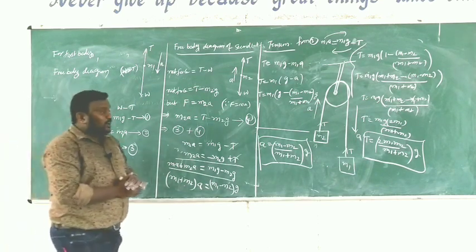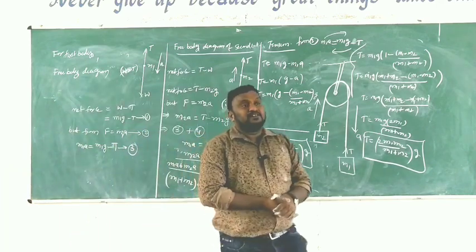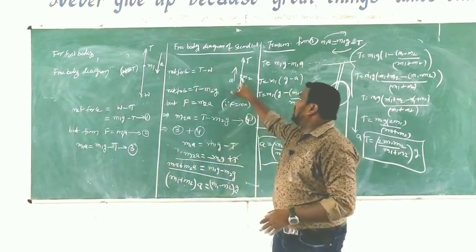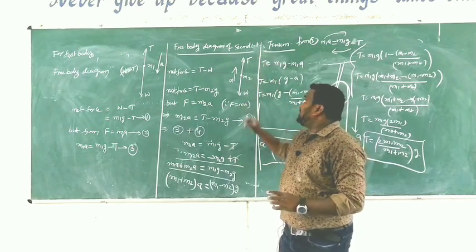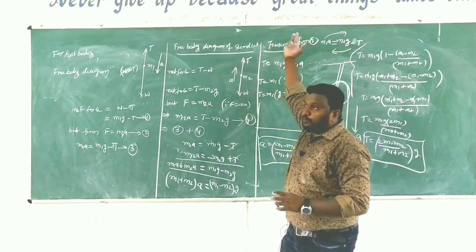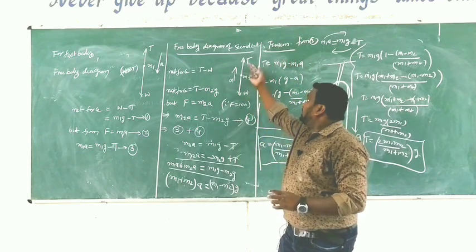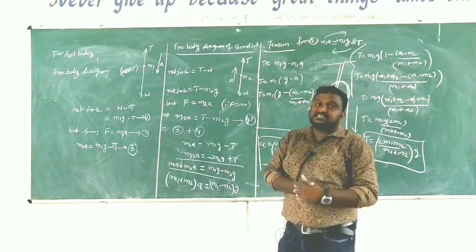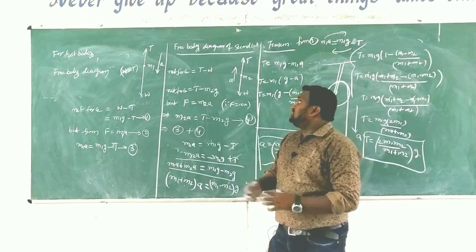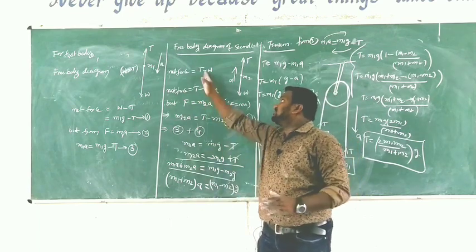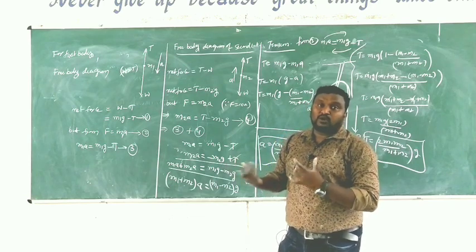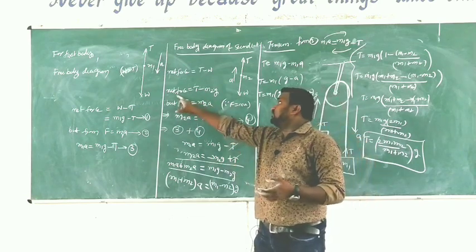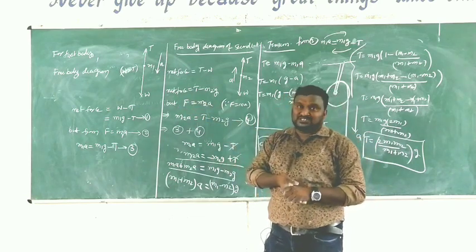After that we draw the free body diagram for the second object. It has mass m2, this is the upward force tension and this is the weight. Now the body is going up, so T is greater than W. That's why in this case net force is T minus W. W means mg, weight. Instead of m we write m2. So net force is T minus m2g.